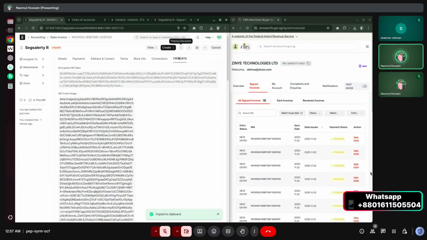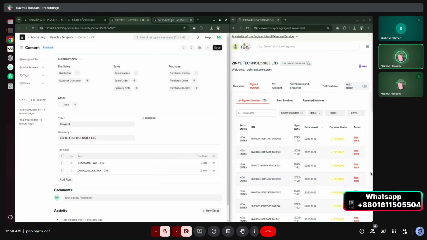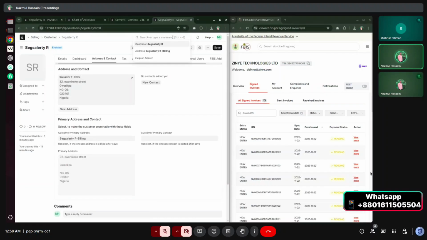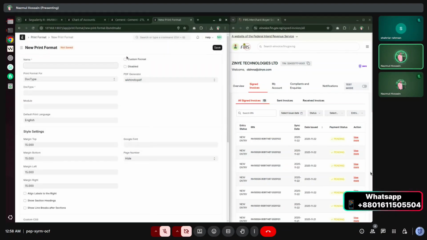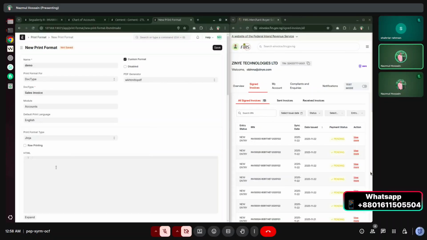And let me create a print format here. Just let me create a print format. For the demo, this is the duct tape invoice, and this is the custom